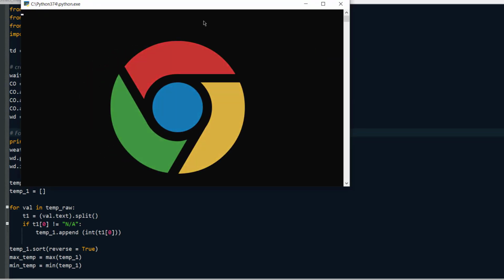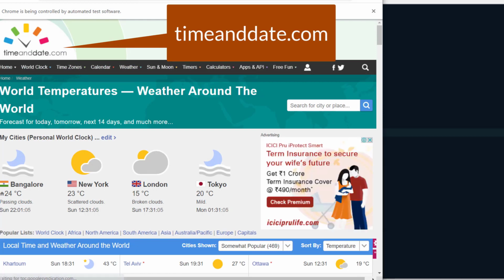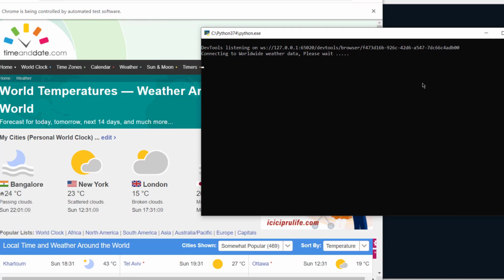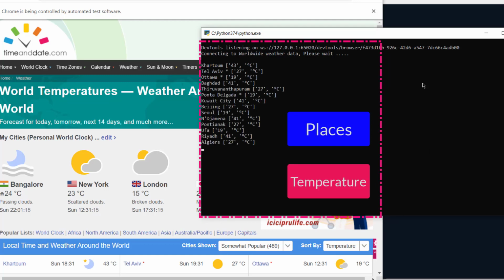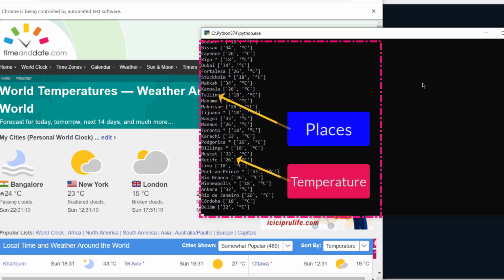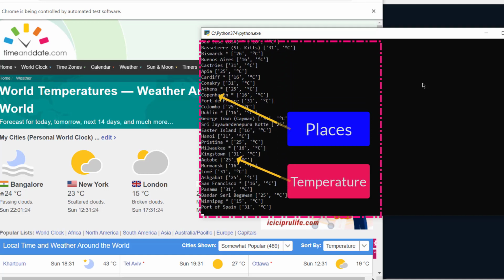So it basically fires up the Chrome browser and opens up the website called timeanddate.com, and you can also check alongside what is happening. I'm opening this website and there's a table which contains the list of all the countries, places, and the temperature of those places.